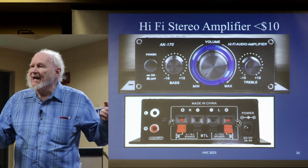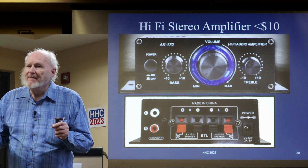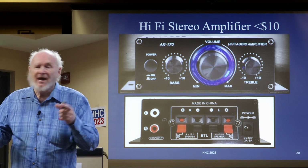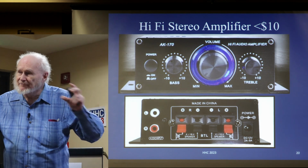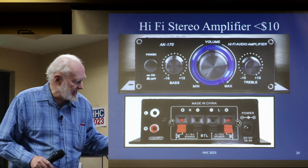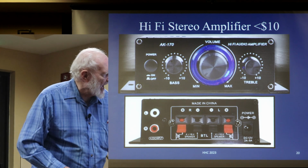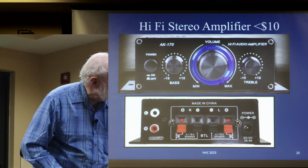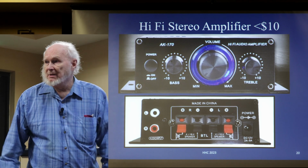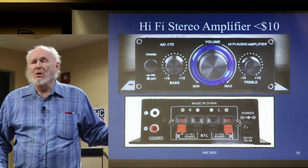When I got this amplifier and started playing with it, there was another thing that is confusing, and that's why I say you must study the specs. Now they actually indicate it here, it says DC volts, great, 2 amps to 5 amps. What do you mean 2 amps to 5 amps? Well, when I got mine,